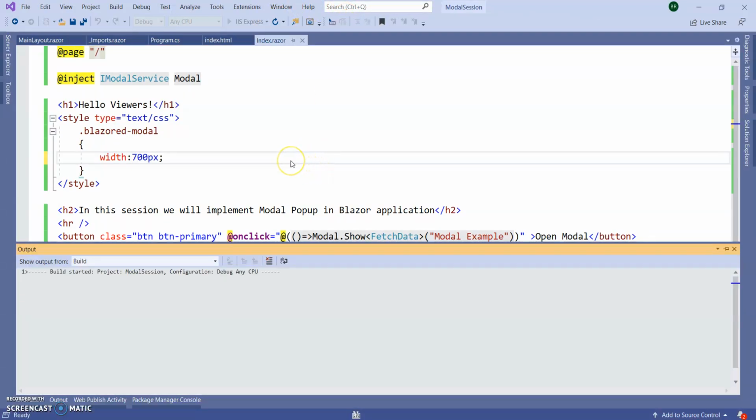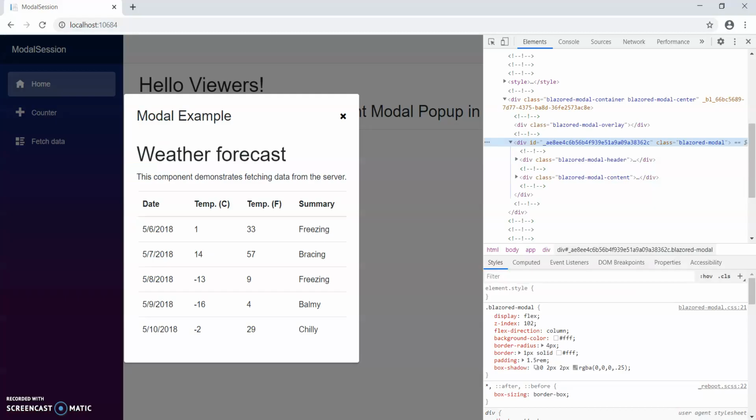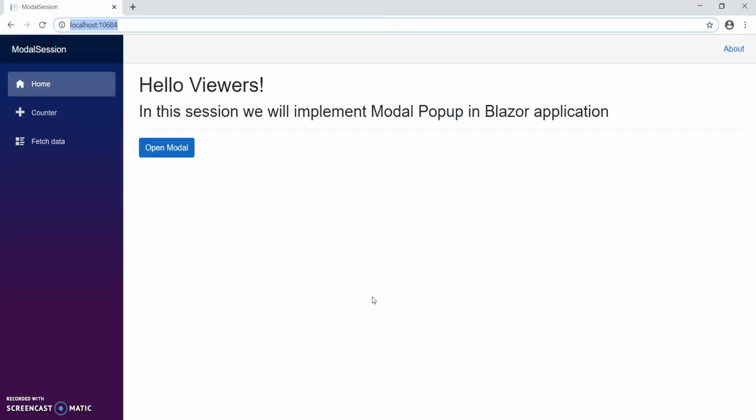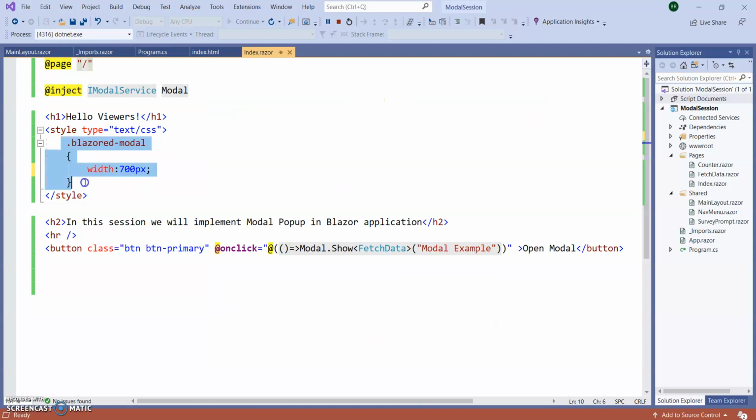This is a tricky one. We can add our own CSS with the existing modal. So you can see the width got changed a little bit. So in this way also we can add CSS.